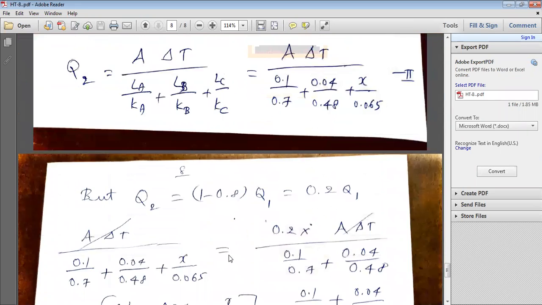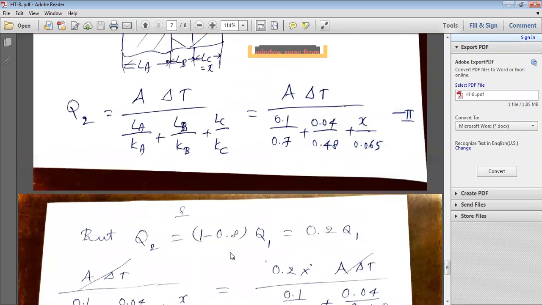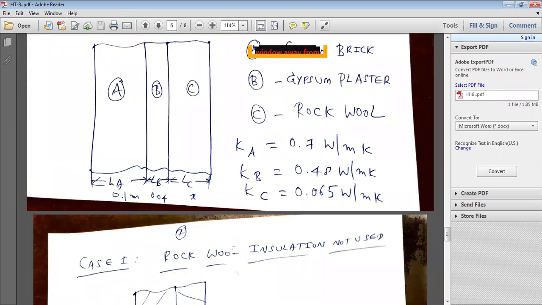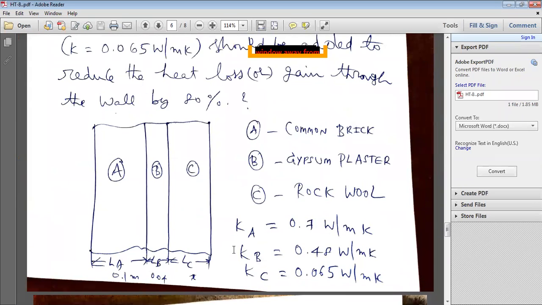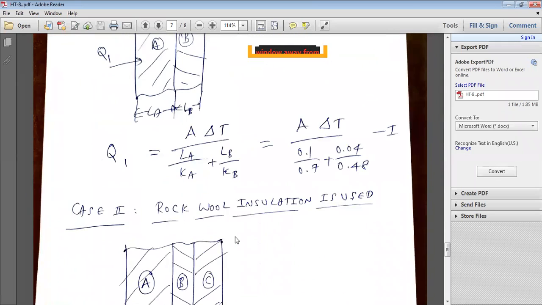So we have solved 2 problems on the composite walls. All of you solve a number of problems under the topic composite walls, and it is very easy. You only have to take the equation: heat transfer Q equals overall temperature drop divided by thermal resistance. If a number of materials are added in series, you have to add the thermal resistances. R is equal to R1 plus R2 if they are in series.